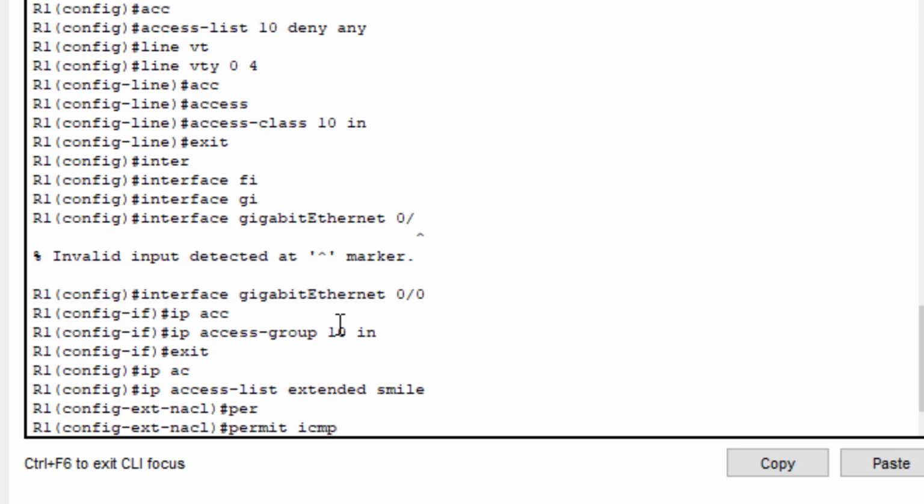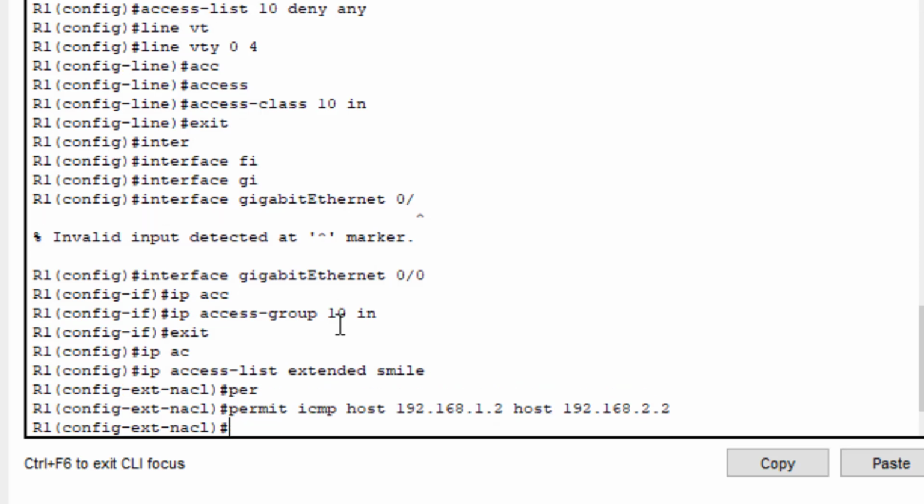Then we permit ICMP for the host 192.168.1.2 on the host 192.168.2.2. ICMP is for ping messages. Now we also permit the